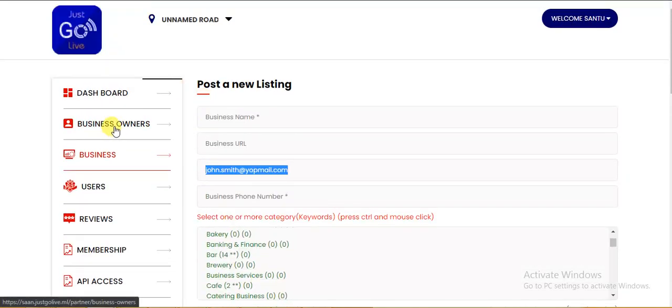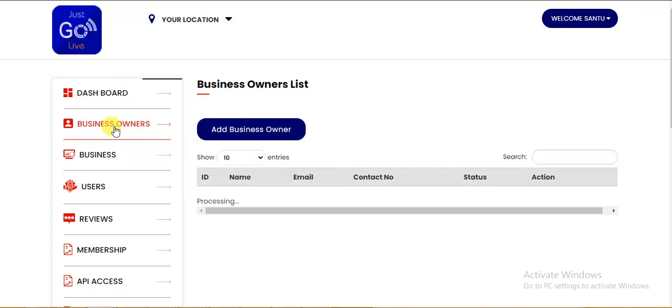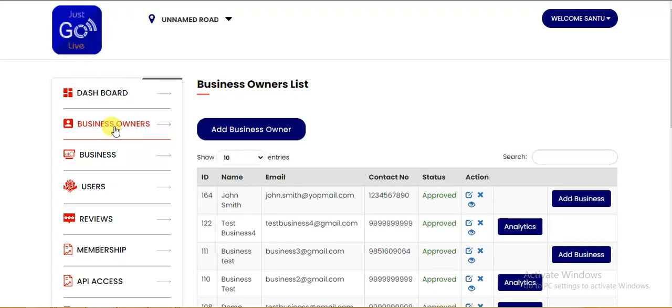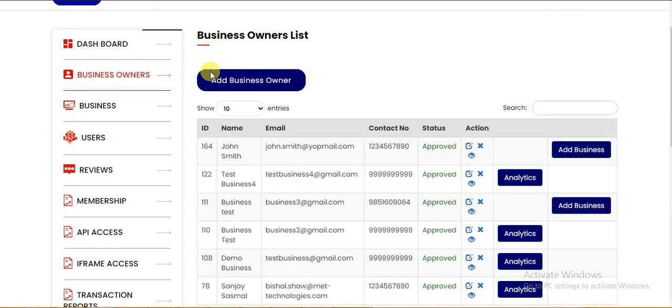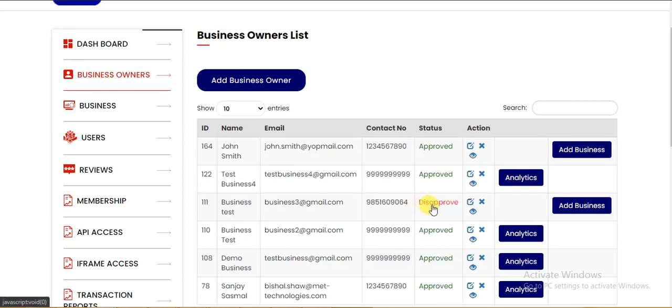Now, what is the difference between you adding a business owner and a business owner coming directly registering from your portal? When a business owner comes directly into your portal, his account will be saved as inactive or disapproved. So like this one.